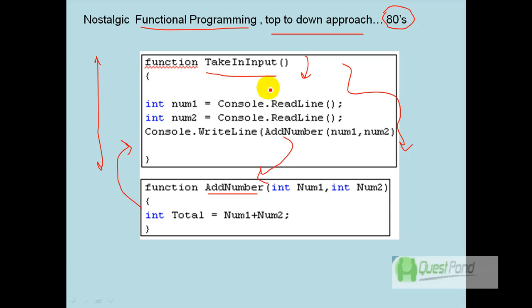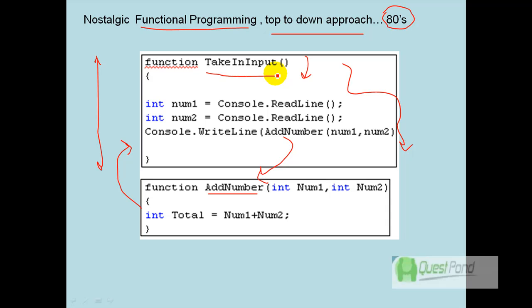The second problem was reusability. It is not that reusability was not there. For example, if you take up a C program or a C language compiler, you can reuse a function by putting it into a C file and then using the include keyword. But then it was a physical include. In other words, you need to include the whole file into the main source file which needs to reuse that function. So the reusability was not so flexible, and the first important point was maintainability.